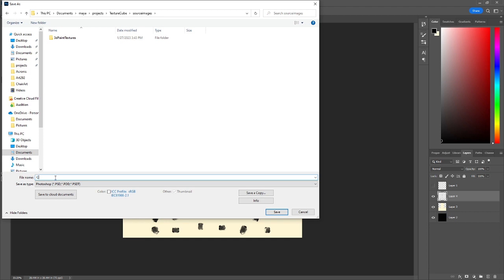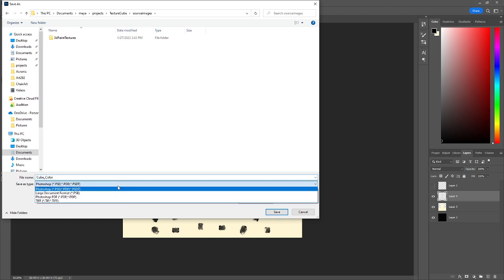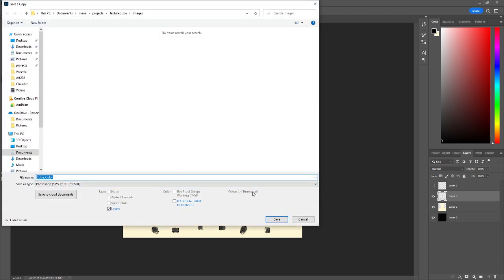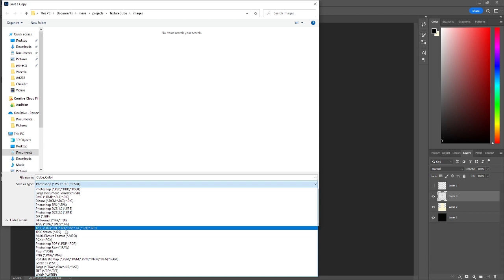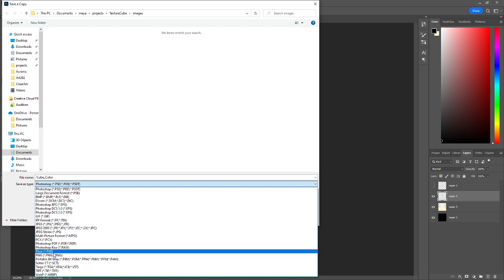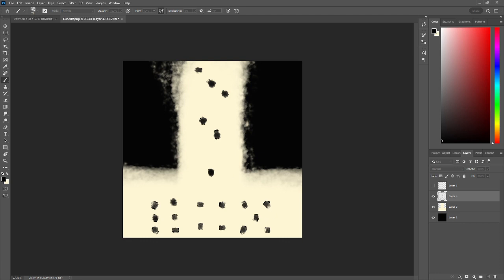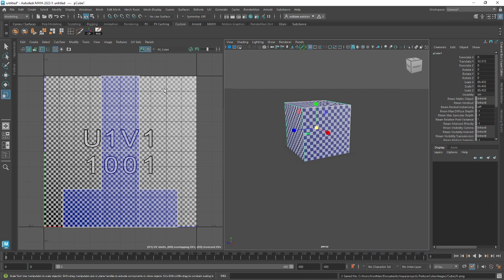I'm going to call it cube color. Change it to